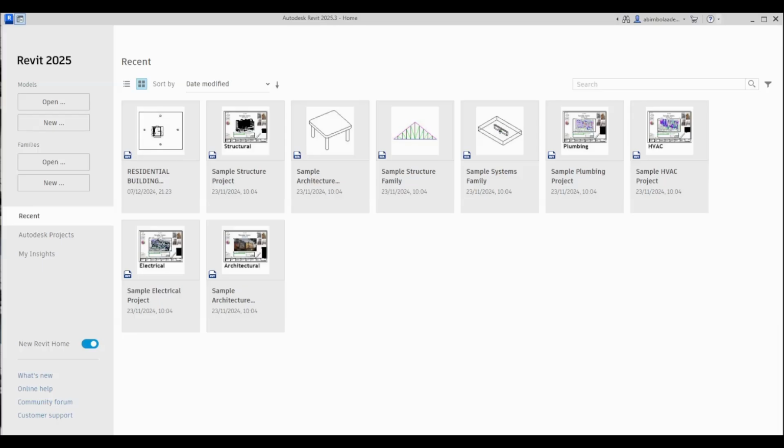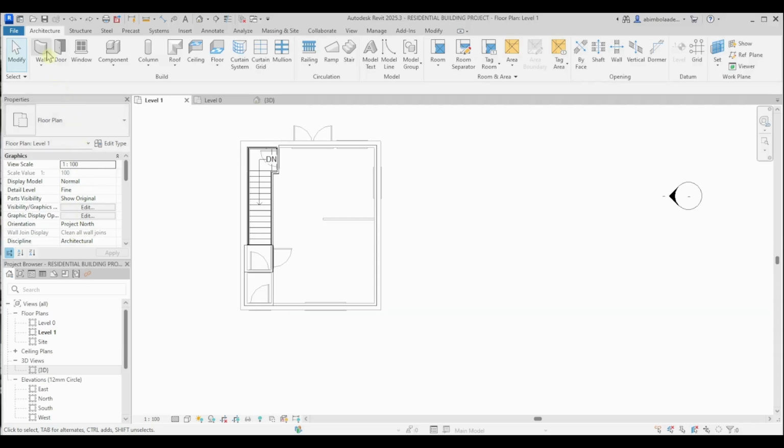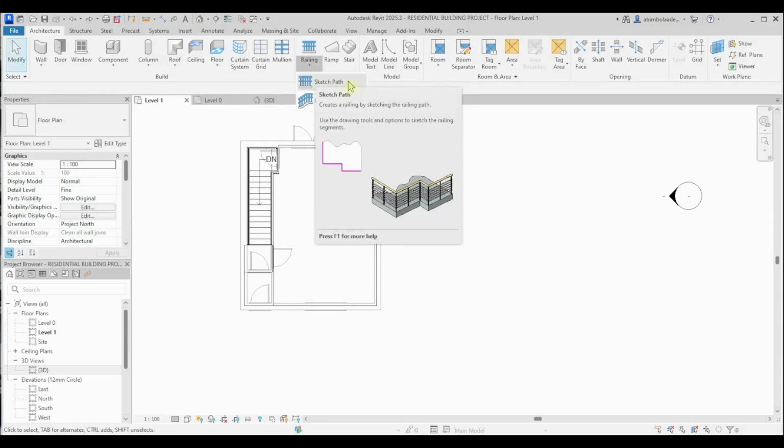You go to your saved drawing file and you open it. Then you go to the architecture tab, and if you scroll down a little bit to your right, you will see the railing tab or menu. If you click on it, you will see sketch path. That is the one we want to do. We want to sketch the path that we want the railing to follow around the stairs. So you just click on it,